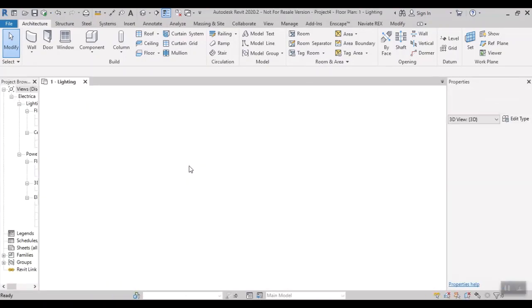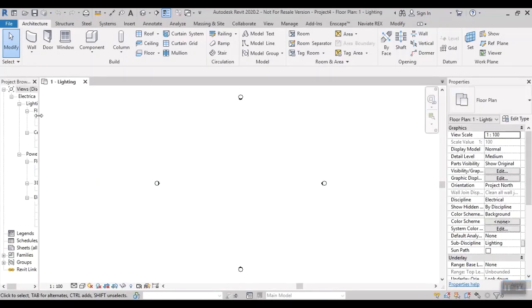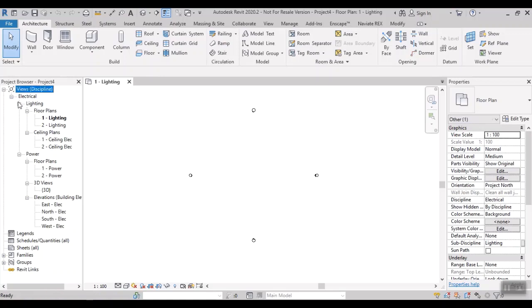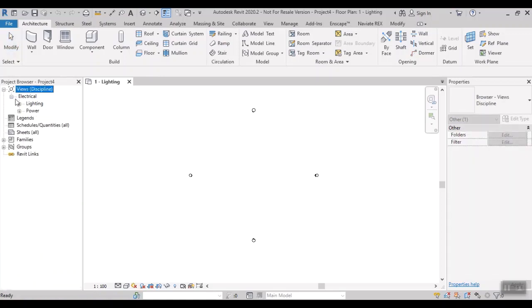So the user interface is a little bit different. See the project browser. In the previous architectural template, we had only floor plan, ceiling plan, elevation and section. But here we have subdisciplines. In electrical we have two: one is lighting, another one is power.